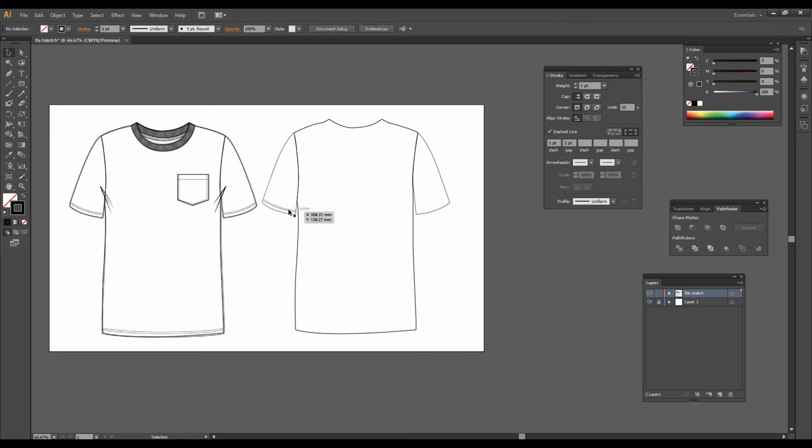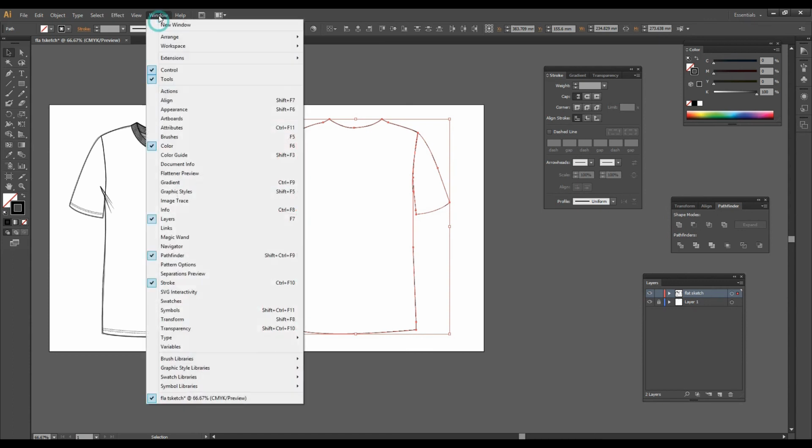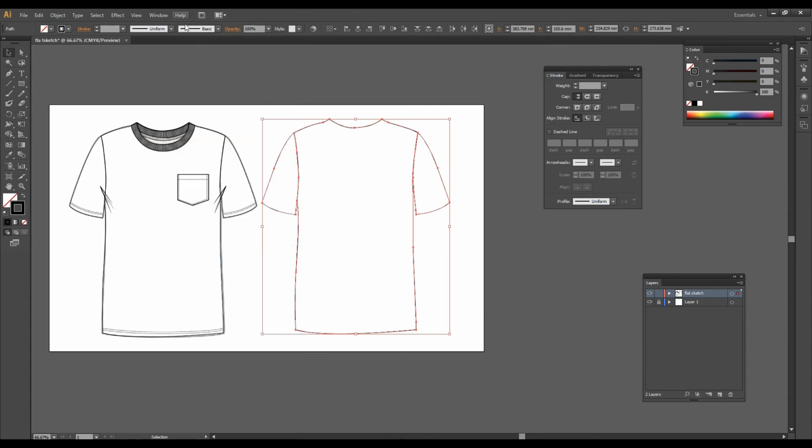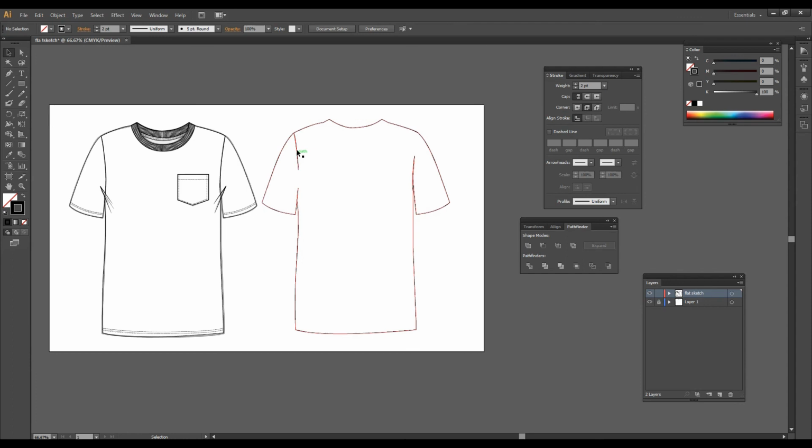These lines we will delete, and select this part and go to the Window. There is an option called Pathfinder. Shift Control plus F9 is the shortcut key, and just go and check the Pathfinder. And here is the Pathfinder. We have the first option here to combine all, and we don't need these extra lines, so just delete these lines.